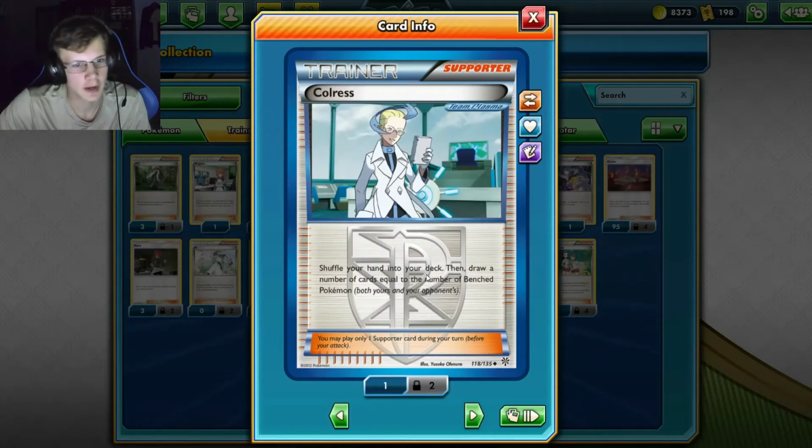Korrina, shuffle your hand into your deck and then draw a number of cards equal to your opponent's bench Pokemon and your bench Pokemon. So you can draw up to 10. That's not including if you're playing like a Skyfield. So if you're playing a Skyfield deck, then you definitely want to play at least 1 copy of